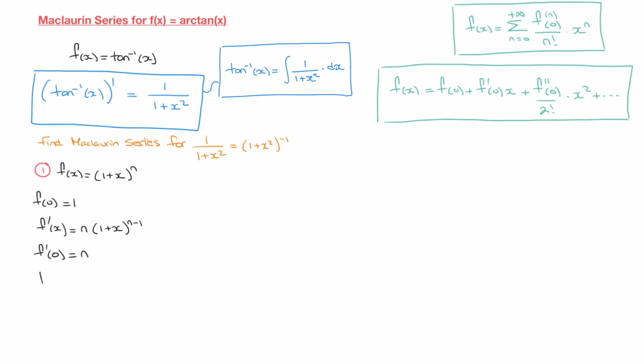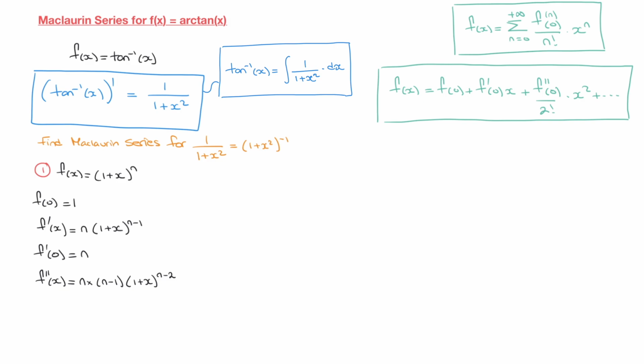here, and so I'll go ahead and write f dash dash, or f double prime of x. Well, that's going to equal, let's see, our derivative is n times 1 plus x raised to the power of n minus 1, so we'll have n times the derivative of 1 plus x raised to the power of n minus 1. And once more, we differentiate this using the chain rule, and by all means check, but we'll obtain n minus 1 times 1 plus x raised to the power of n minus 1 minus 1, so that would be n